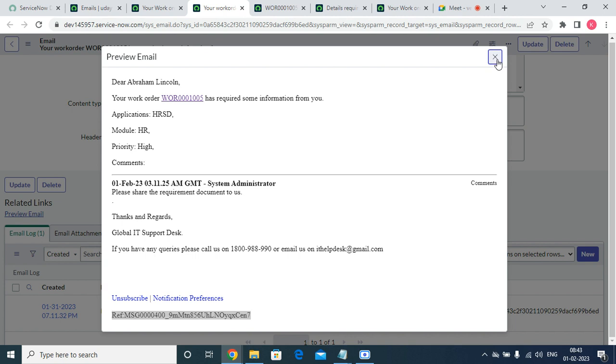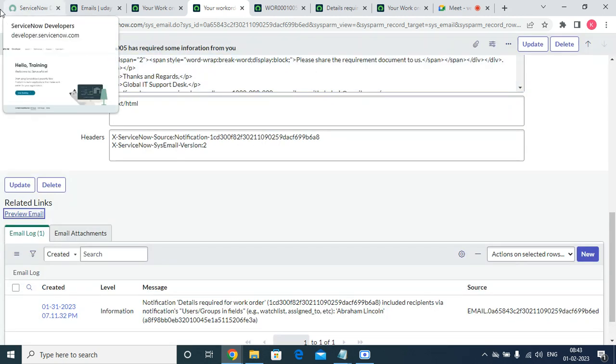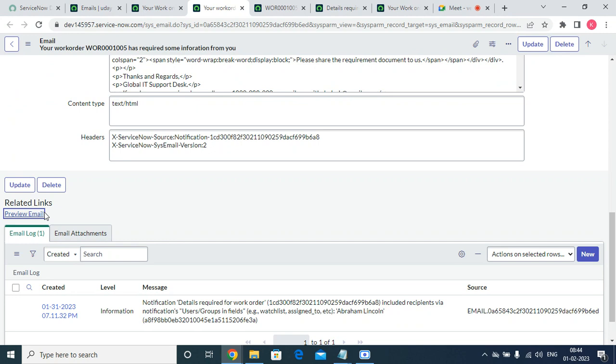I hope it is clear how we can configure email notification in this one, how we can send an email, how we can configure when required some information, how we can do it. Anyone has any questions till now on what we have discussed? Okay, so I'm treating it as you guys have understood. And now